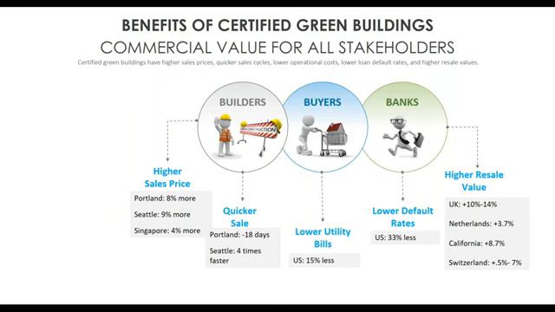Financial benefits are not only at the national level. Some studies exist for the developed world, providing insight into the financial benefits to developers, occupiers, and funders of green buildings. We'll see from this infographic that studies in the US and Europe have shown that developers can, for example, command higher sales prices on their green certified homes, ranging from 4 to 9%. Green homes can sell as much as 4 times faster. Occupants save 15 to 20% on utility bills. There are higher resale values, and banks enjoy lower default rates.